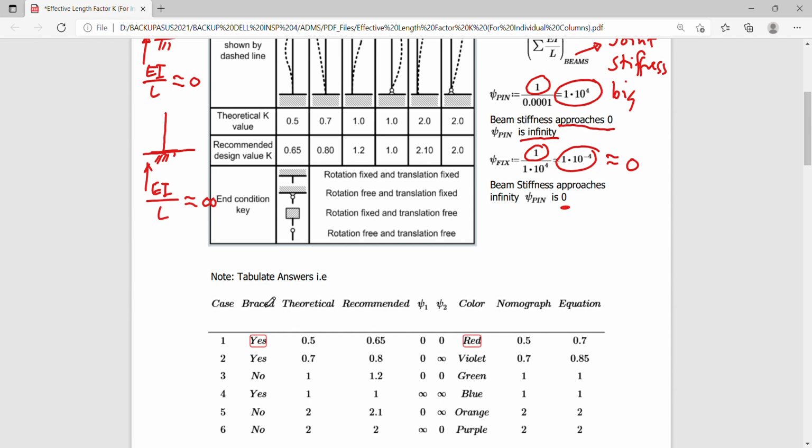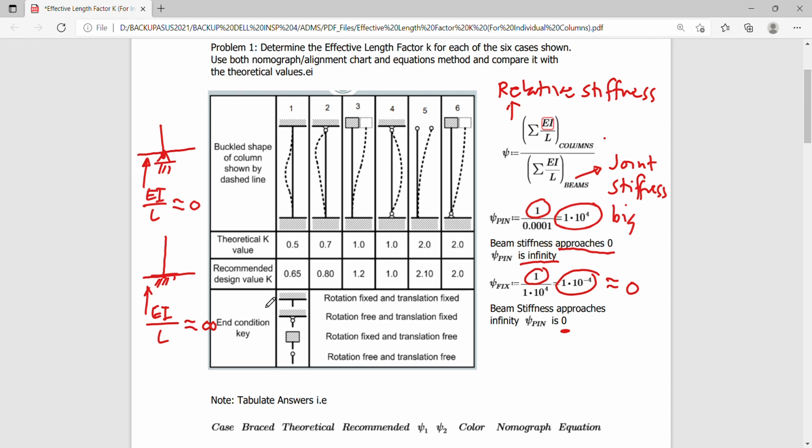Hence, for case 1 to 2, the 2 cases are therefore braced cases, since there are no lateral translation or side sway